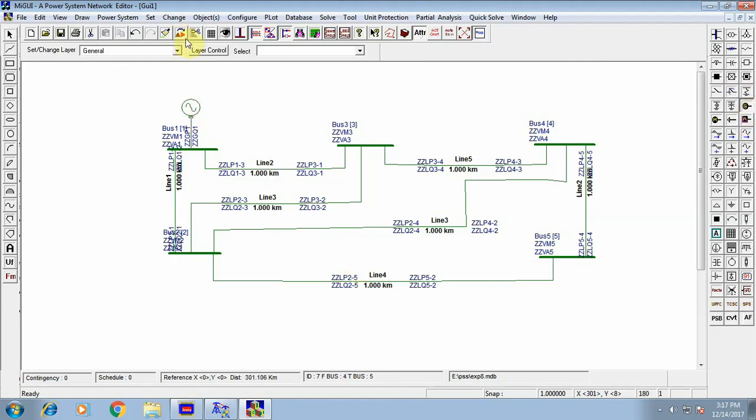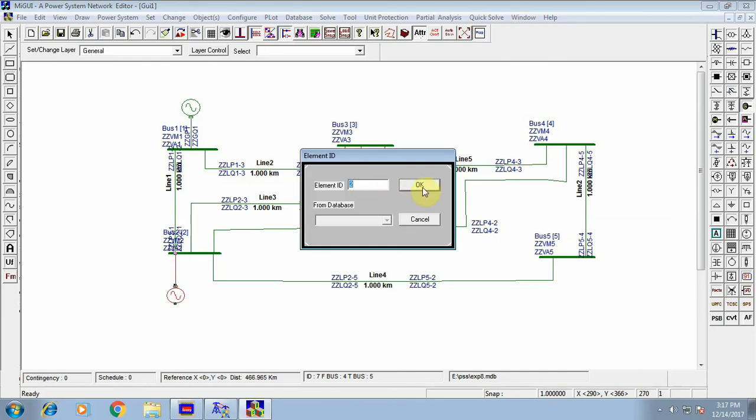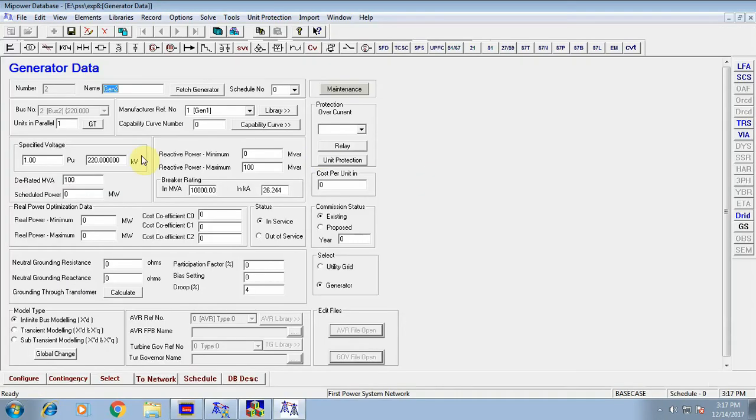We'll connect one more generator at this bus number 2 here. Connect here, click OK. So now for this generator 2 we have a specified voltage as 1, and then we'll just give reference number as 2 here, and then derated MVA as 100, and then here in this scheduled power which is 40, and then here for this reactive power maximum we have 30.